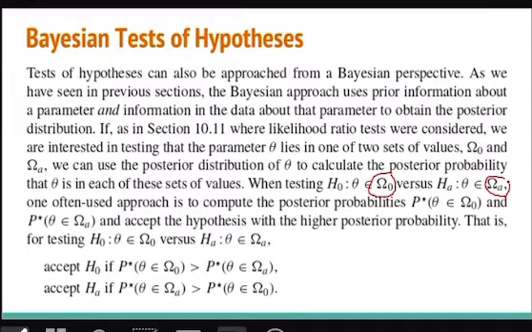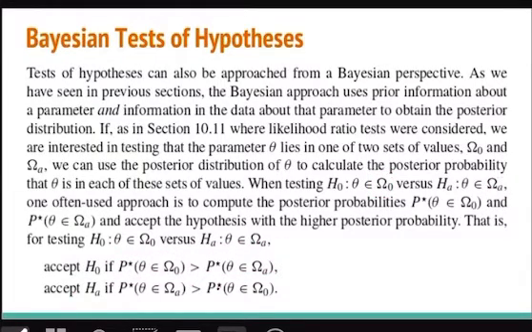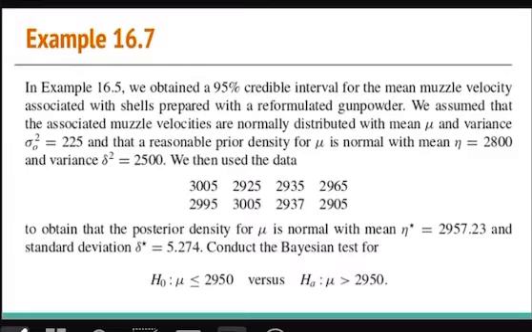So the condition for accepting is this. We accept H naught if that happens, and we accept H alternative if that happens. Does that make sense? We base it on the probability of a parameter that lies in the parameter space under the null and the alternative. Okay, if you want to do that,